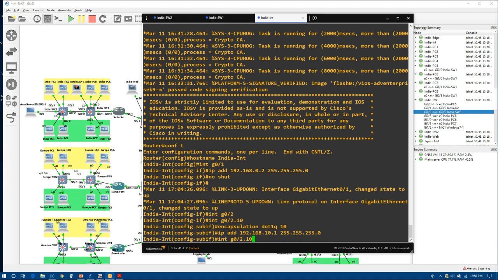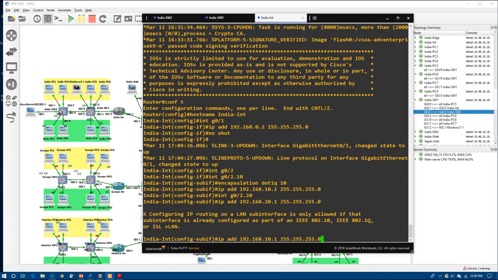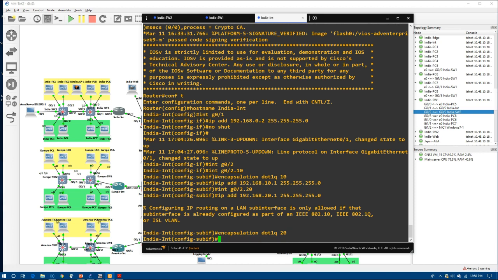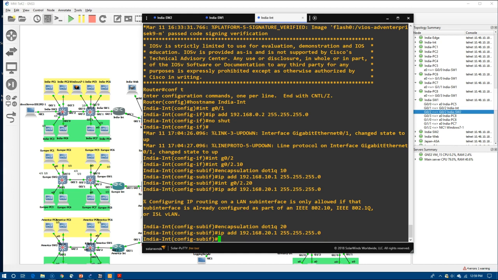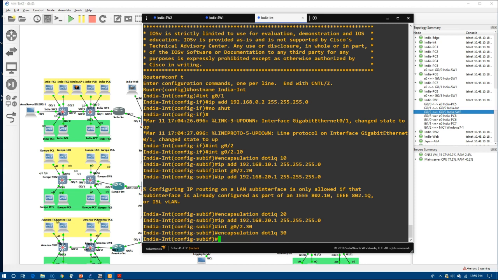And then we want to do 2.20. And the 2.20 is going to be 192.168.20.1, except we needed to do .1Q first. Darn it. And it needs to be .1Q 20. And now let's do 20.1. And we'll do 2.30. Set the encapsulation to .1Q, VLAN 30. And then the IP address of this one is going to be